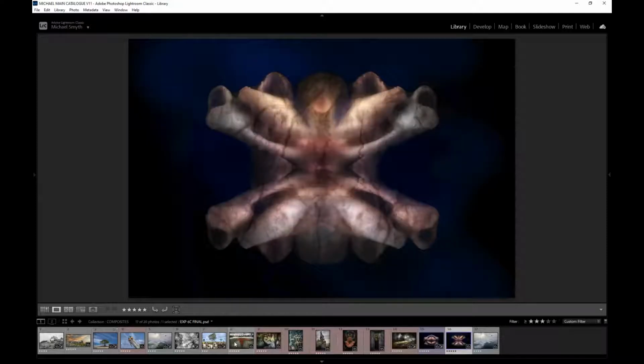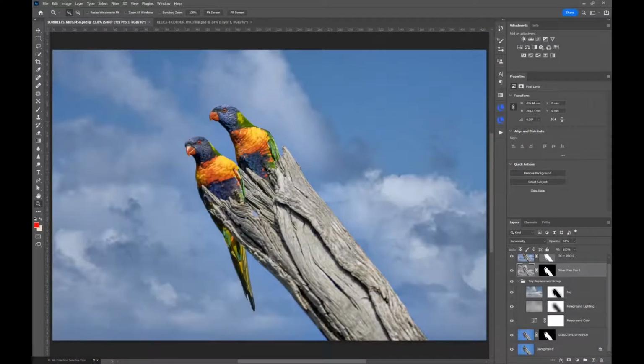And so you can have a lot of fun, and you can have a lot of creativity to produce these images. So let's have a look at a few of them now and see how they went together. So looking at a very simple composite image,